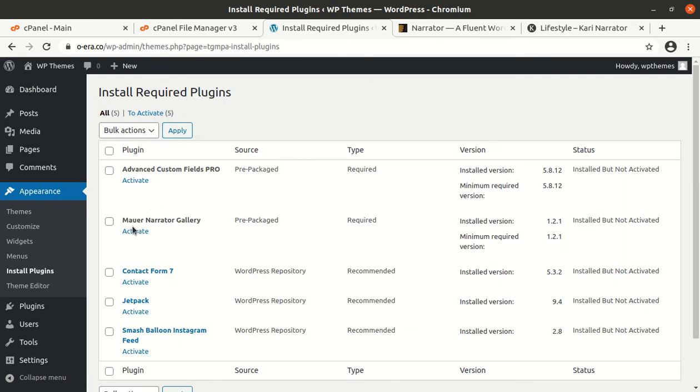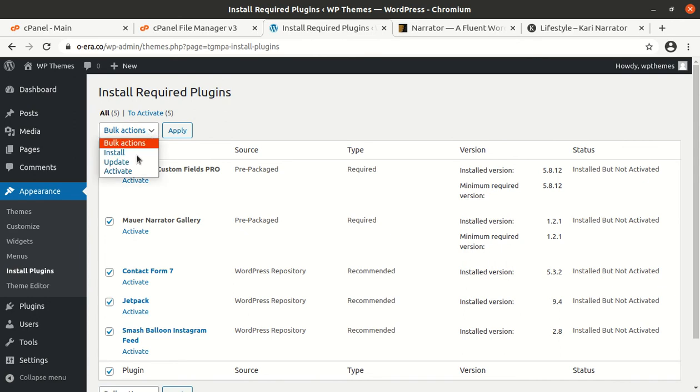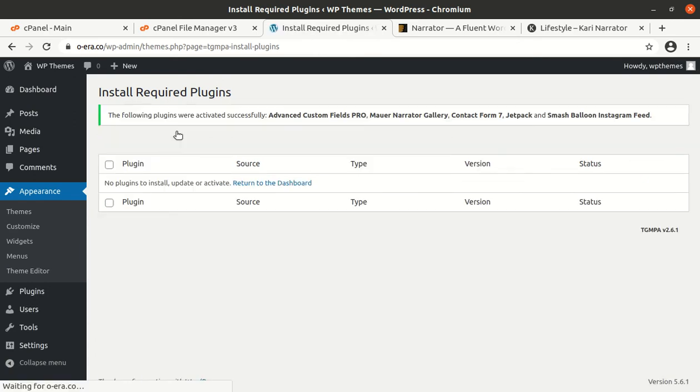And once the installation has been done, we can activate all the plugins. Since we have installed the theme and plugins, we can check our website to see how it looks with the theme and plugins.